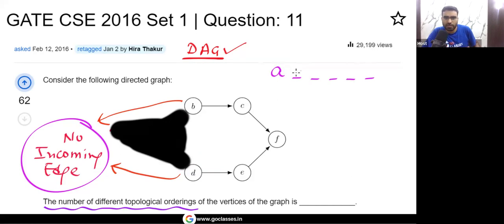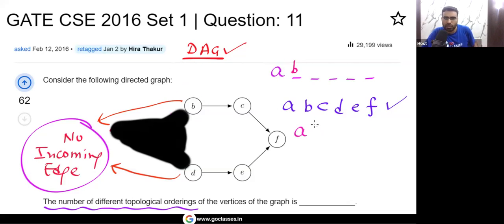Okay. Let me take B first. If I'm taking B, now you delete this B. Now you tell me what you can do. After this B, if you delete this B, now either I can take C or I can take D. If I take C, then I have to take D, E, F. So this is one possible order. Correct? Very simple. Okay. Now another possible order, remember, is that you are starting with A,